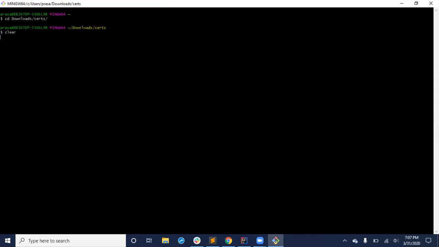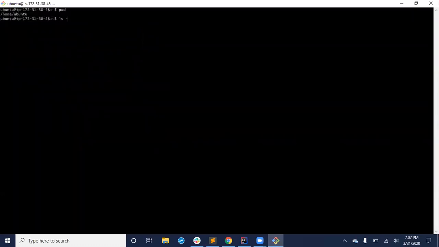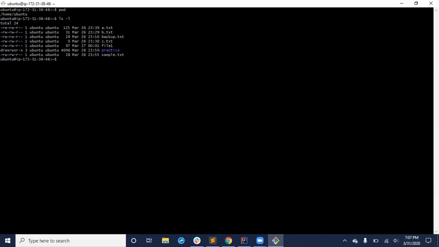I'm going to my specific place and then doing the SSH. I'll just remove this. rm -f deletes the file. rm -rf means delete the entire folder without any asking.